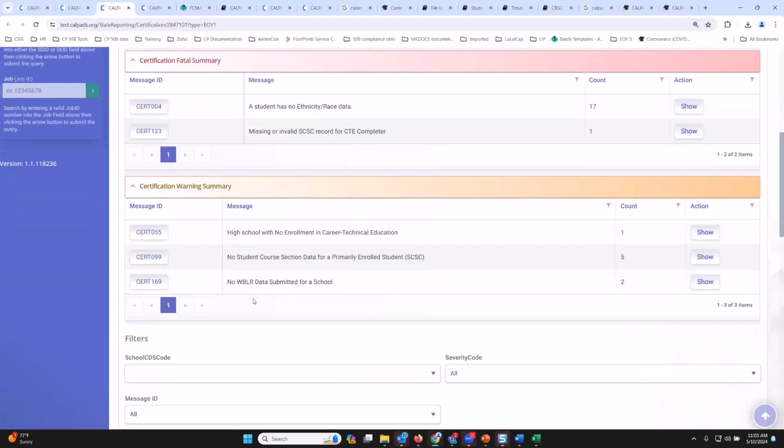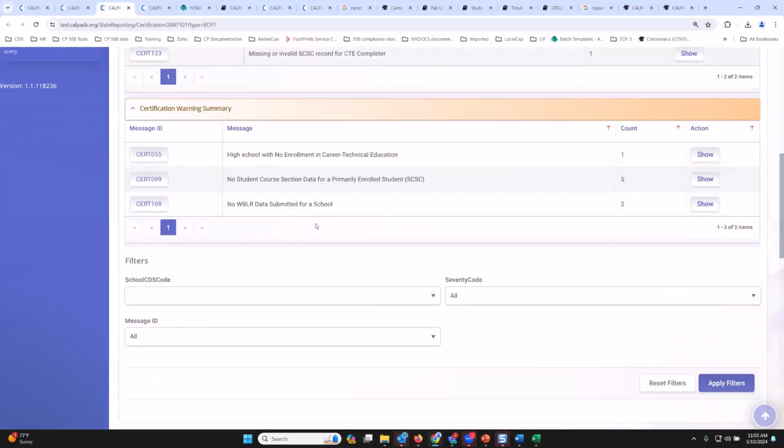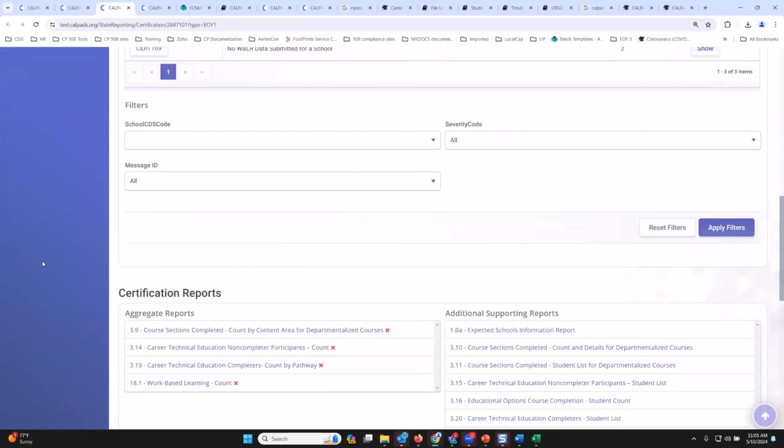We had a question earlier about, hey, what if we don't have any work-based learning program? Are we required to report that? Do we get an error? The answer is no. However, you'll get a warning, and that also goes for the CTE folks. If you don't operate a CTE program and you have a high school, and if you don't operate a work-based learning program and you have a high school, these warnings will definitely trigger for you. And it's just notification that you may have forgotten to upload the file, right?